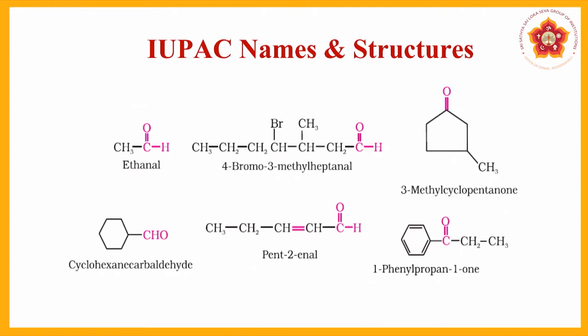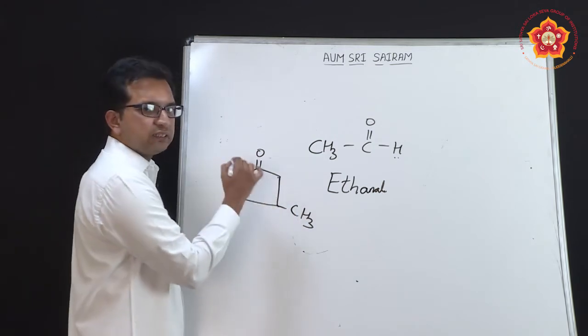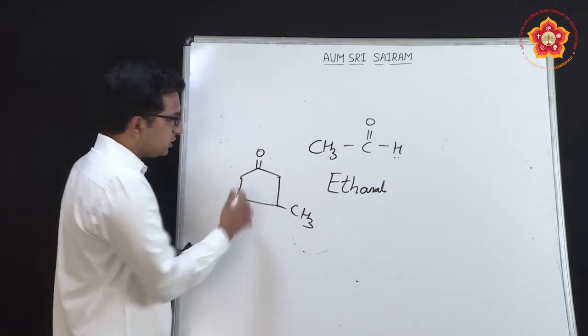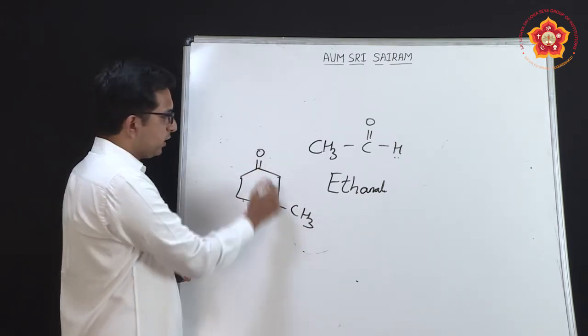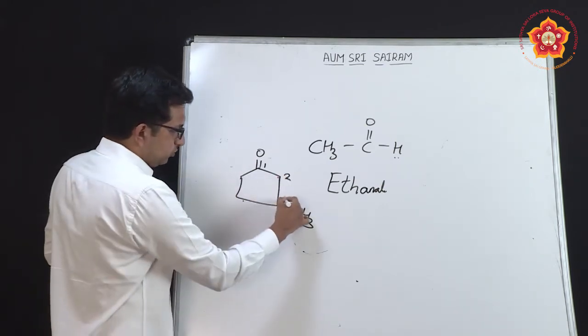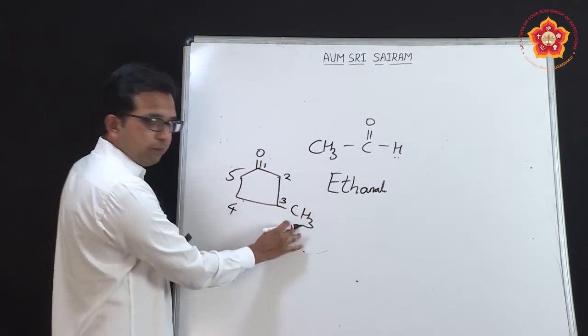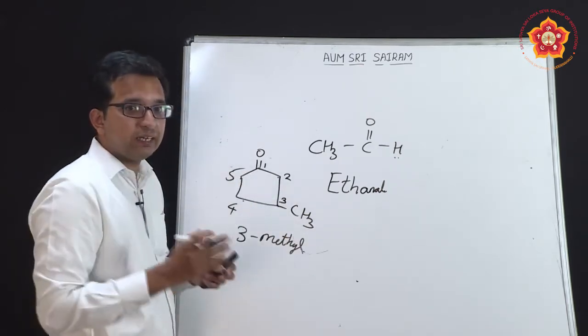The third example that we have is the cyclic system. And we know very well that whenever cyclic systems are present, we name these compounds as cyclo. Now, in this case, as cyclo compounds, there are in total 5 carbons in the cyclic system. So, now the question is, where do you number it as number 1? There are 2 groups here acting as substituents, and definitely number 1 has to go to ketone because of the priority series. Number 2, 3, 4, 5. So, this can be named as 3-methyl, and now because it is a cyclic system, we have to go with